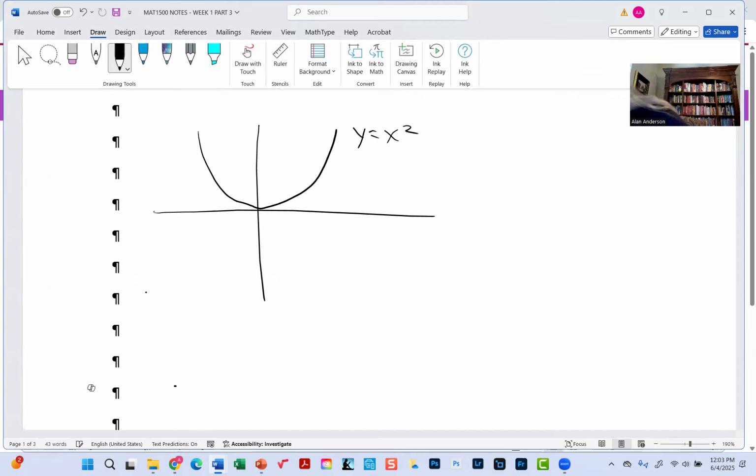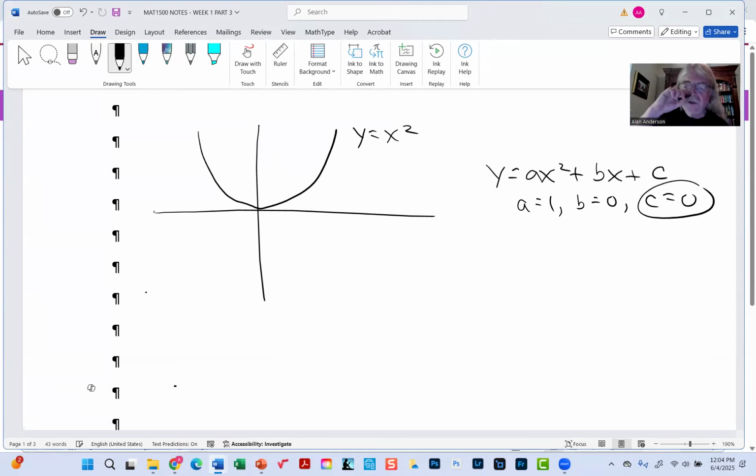Remember, the standard form for a quadratic equation is this. So clearly here, A is 1, B is 0, C is 0. This is the intercept: x equals 0 and y also equals 0 at that point. But when you're dealing with this one,